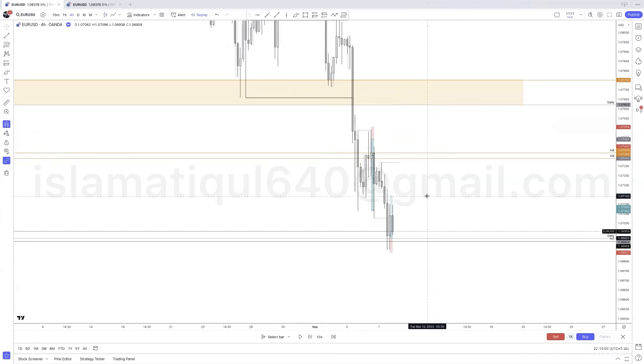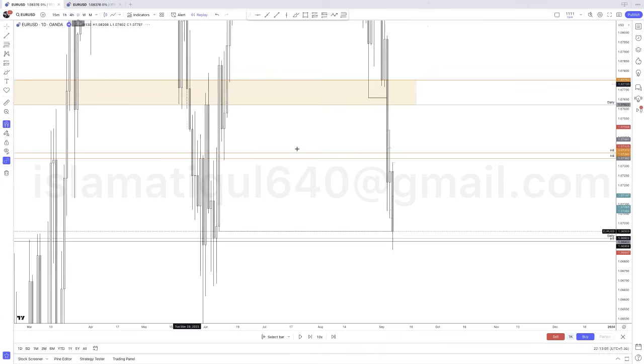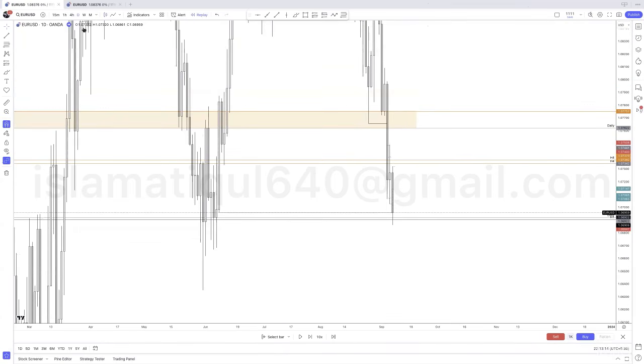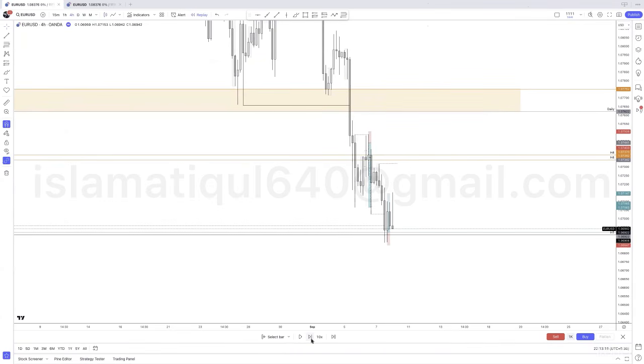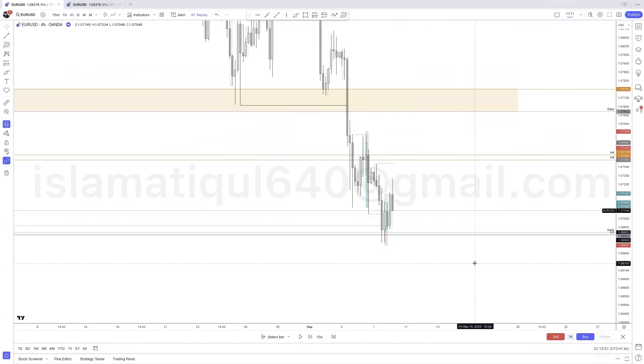So let's see. Let's wait for Asia to end. I'm not going to mark out any sell zones this day, because since they're reacting to this, they might move all the way up here. Let's see, let's decide once Asia is over. First one, now see, it runs into our 1:3. And second one,